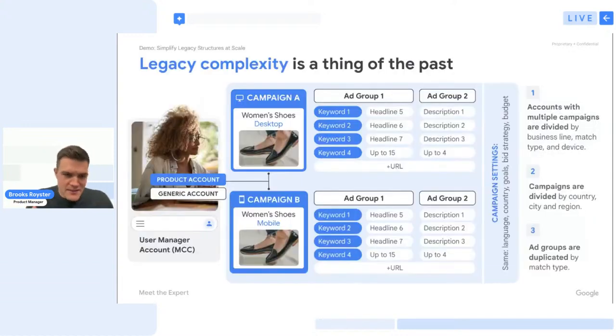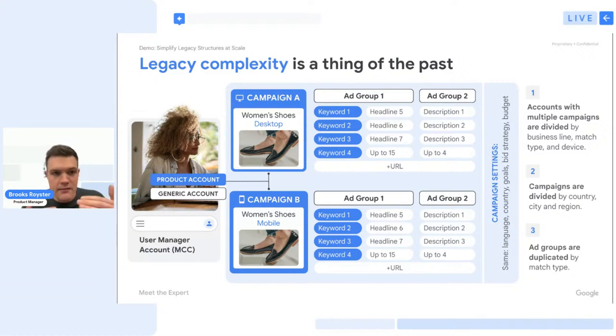So in this existing example here, you can see existing campaigns in an MCC managed account with these different accounts that exist, one being a product account. We're looking at a couple of campaigns that are really just different based on the device segmentation used here.